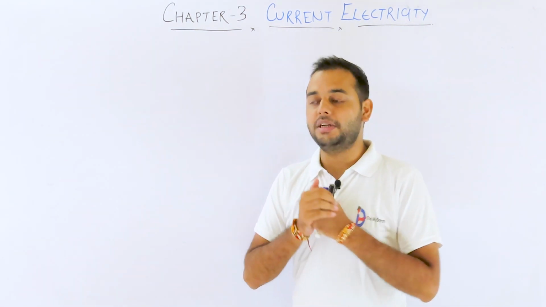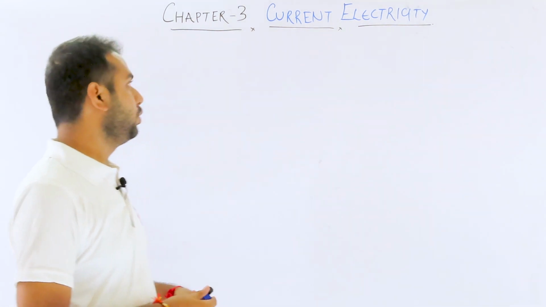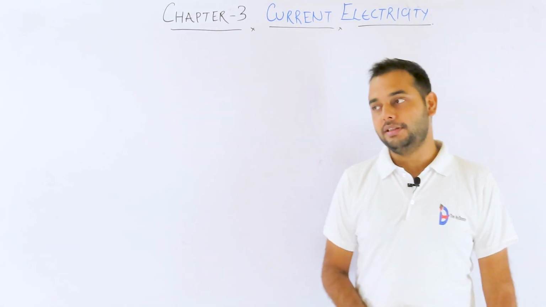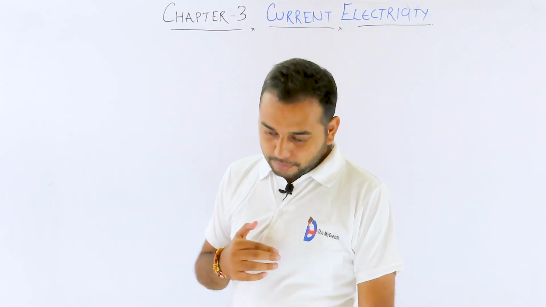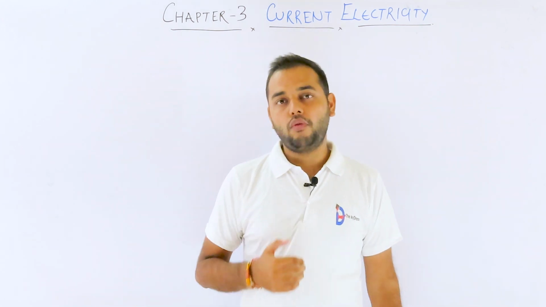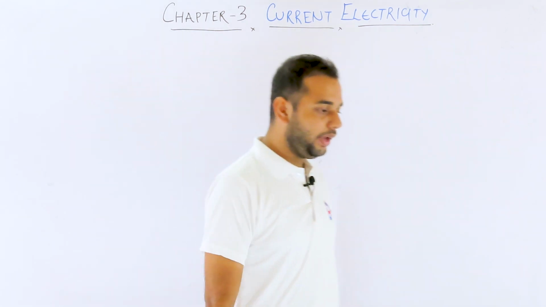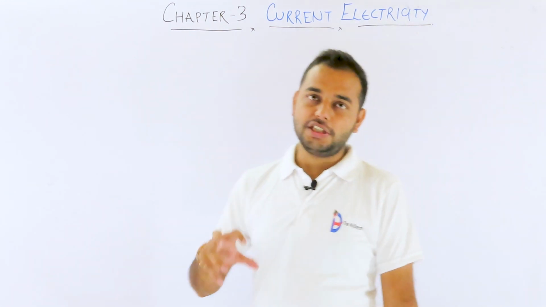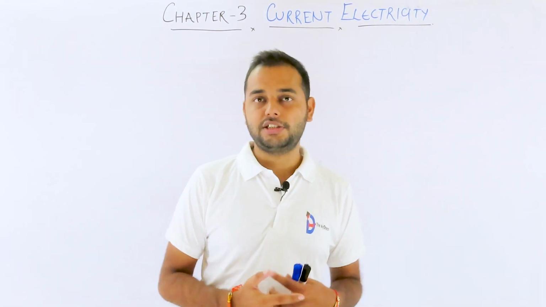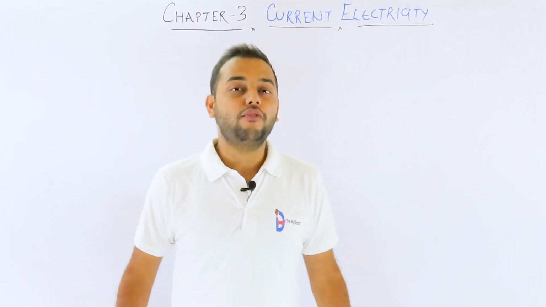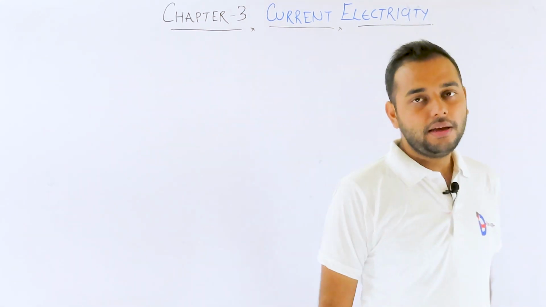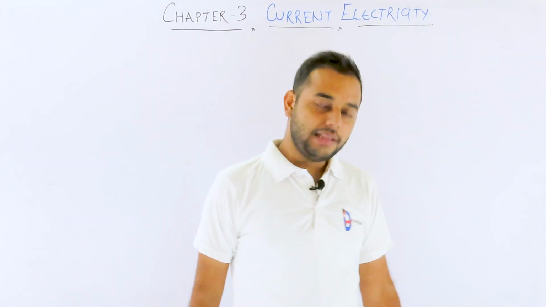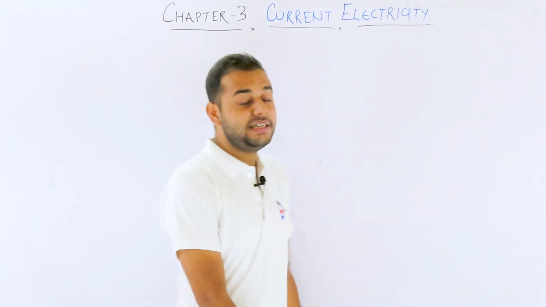Now I'm going to start chapter number 3, another unit of class 12 called current electricity. But before that I should mention our basic motto: how, what and why we are dealing with this. The logic is we have to understand how we are studying this, what we are studying, and why we are studying this. We are studying current electricity, but why are we studying this? That is the main point.